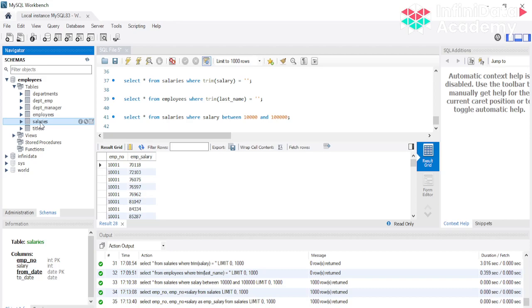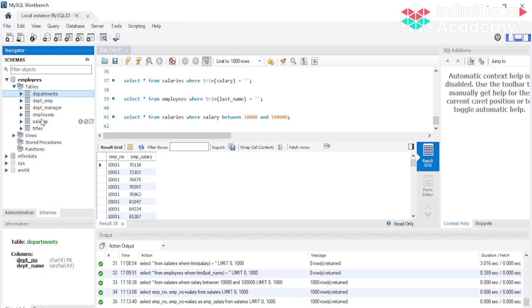Let's say you want to see the second highest salary in a department. Firstly you have to join the employee, salary and department tables. After that, on the result you will have to do your order by and limit. These queries you will have to perform to get your desired output. So we will discuss that in the next class.